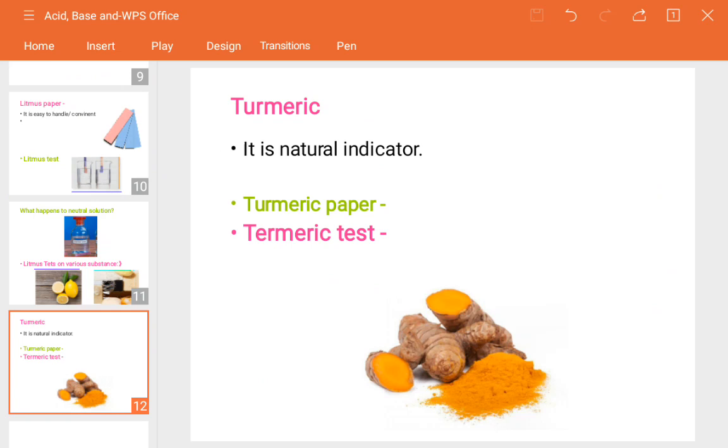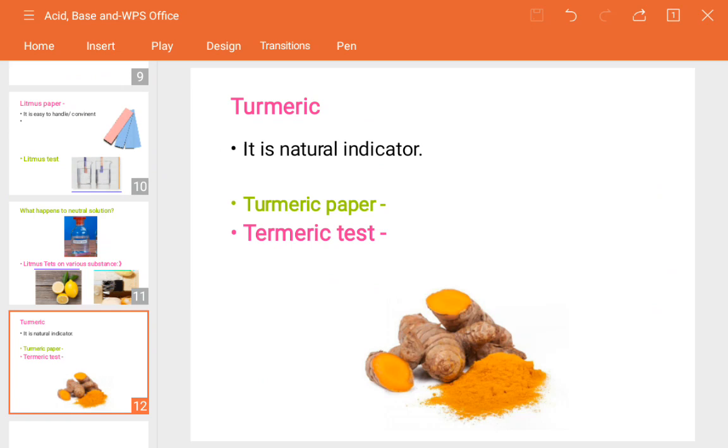See, the turmeric paper remains yellow in acidic solution. So see guys, if you dip it in an acidic solution, for example lemon juice solution, the turmeric paper will stay yellow. It means that it will remain as it is. There are some changes in the color in the case of turmeric. Listen carefully. When you dip the turmeric paper into a soap solution, what happens? It will change into dark red. This is the actual change that happens in the case of naturally occurring substances.